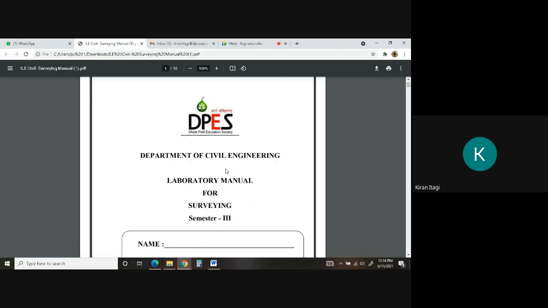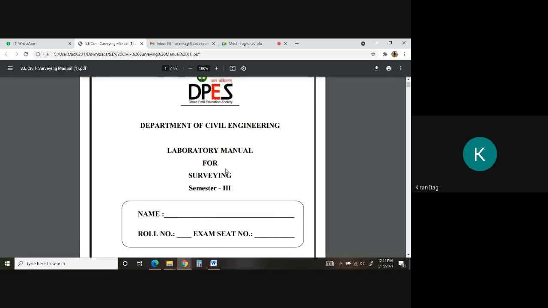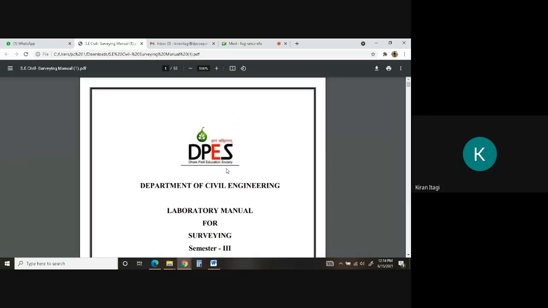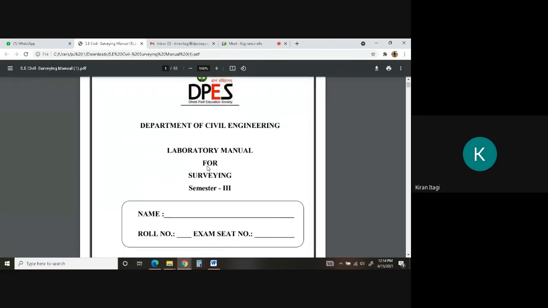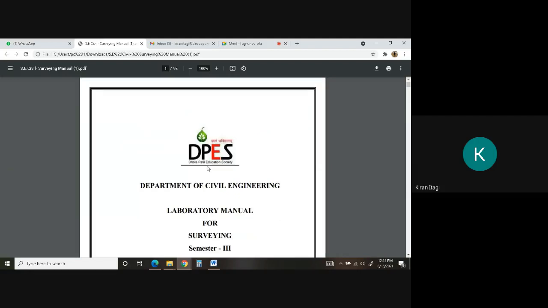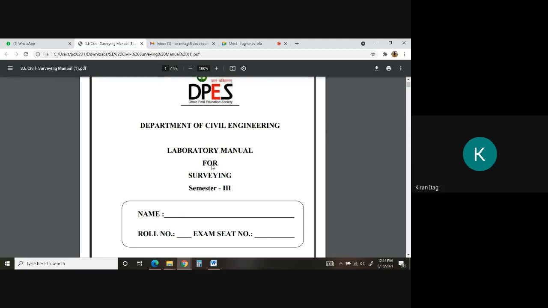Okay. Anybody having doubt here how to write the survey lab manual? See, first I will explain how to write and what to write. And who has not attended the class, tell your friends also how to write and what to write. Initially I have told many of the students, but again you keep asking me the same thing. So first thing is, take any kind of book, either ruled book or unruled book.